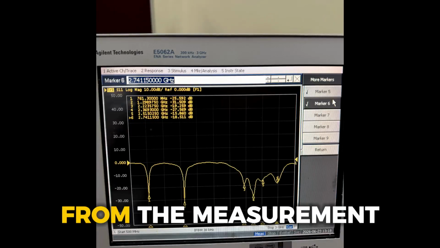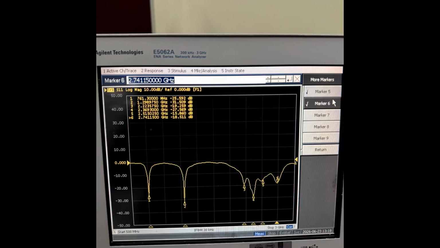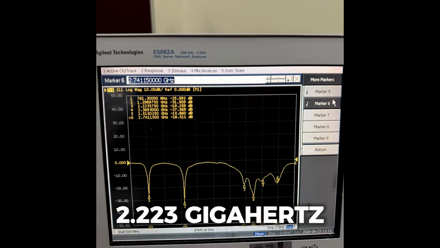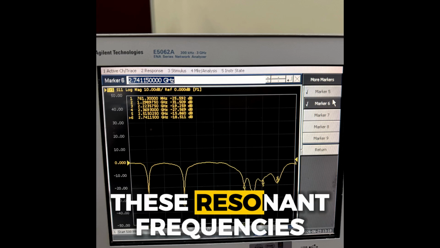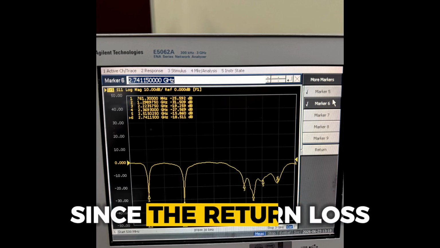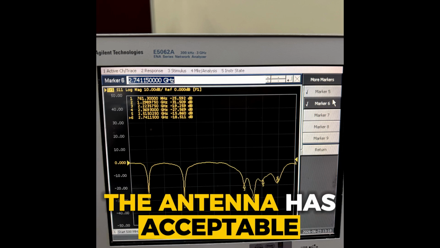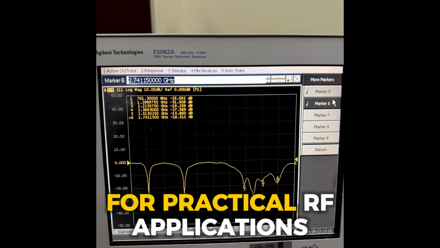is radiated. From the measurement, the antenna resonates at several frequencies: 761 MHz, 1.299 GHz, 2.223 GHz, 2.369 GHz, 2.515 GHz, and 2.741 GHz. These resonant frequencies indicate the operating bands of the antenna. Since the return loss at this point is below -10 dB, the antenna has acceptable impedance matching for practical RF